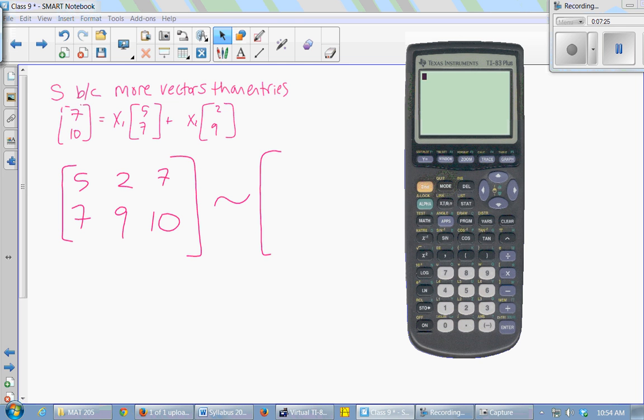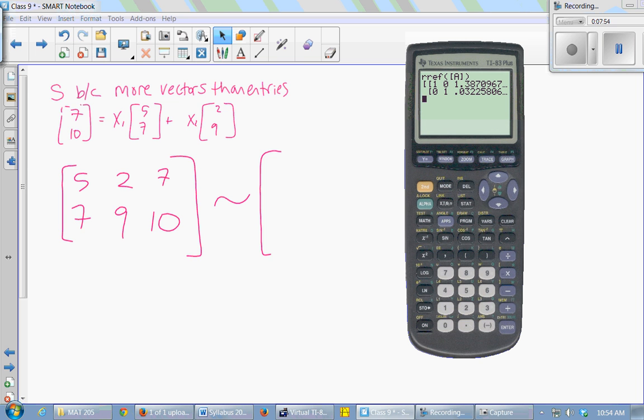And then you go back into the matrix menu and choose math. So you cursor over to the math menu. Scroll down, there's a whole bunch of stuff you can do with matrices. We want to RREF it for row reduced echelon form. So you hit RREF, go back into the matrix menu. In the names portion, choose matrix A, and then just hit enter, and it gives you the row reduced echelon